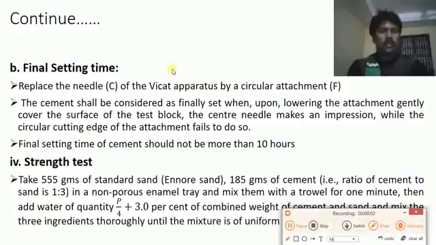And the next test is the strength test of the cement, where we'll measure the strength of a cement through some experimental investigations. So to find the strength of a cement,